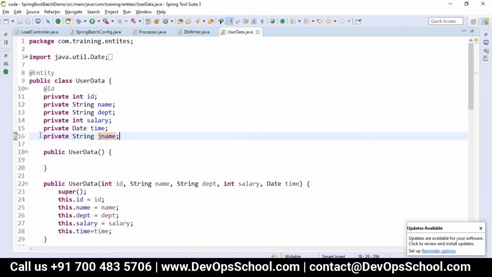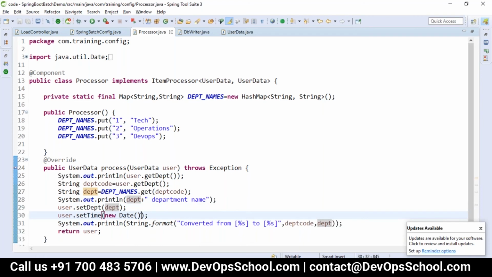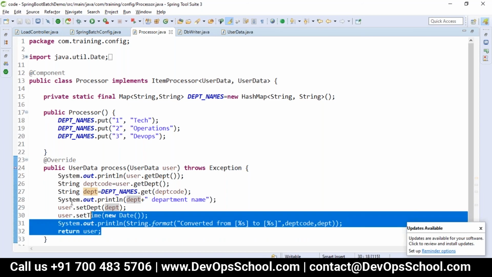If you want any new properties to be added, you can add them like this and get the setters and getters added for the user. Then user.setJname, and just to print it in my console, I'm doing the formatting of my string, which is department code and department, and I'm returning a user.